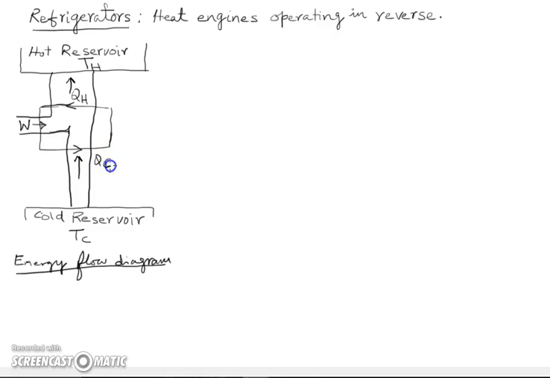I think we were using QC earlier. So QC is taken from the cold reservoir and dumped on the hot side. In the refrigerator, it's dumped outside. So we can see here that the magnitude of QC plus the magnitude of work must be equal to the magnitude